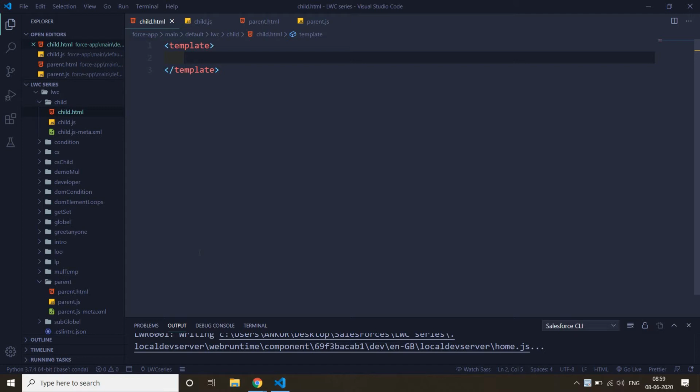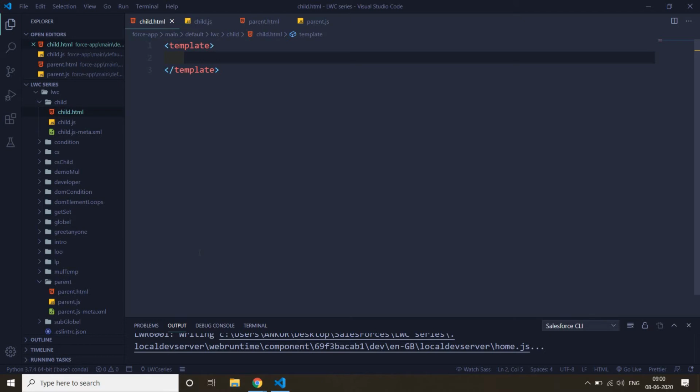This is our tutorial number 12 in the Lightning Web Component series, and in this video we are going to talk about how we can pass data from parent component to child component. In the previous video we saw how we connect two components, one is the parent component and one is the child component. In this video we will pass a book name in our parent component and pass it to the child component and print it in the child component.